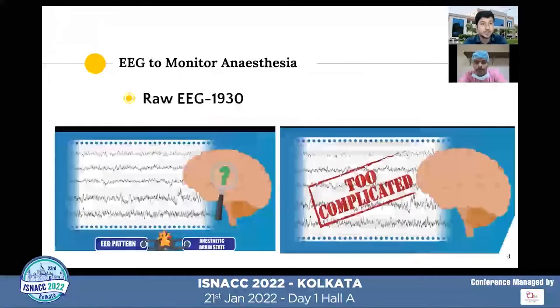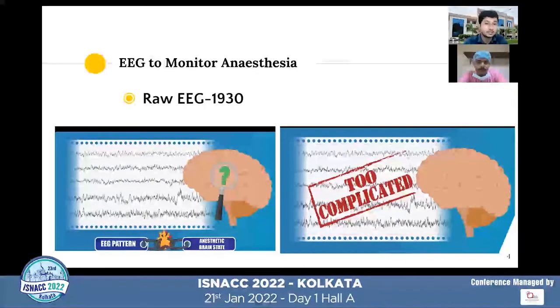So this table shows the target range of surgical anesthesia for various depth of anesthesia monitors, and we are familiar with all these numbers. Initially, in the early 1930s itself, they started using raw EEG to analyze the depth of anesthesia. Later they found out that it was too complicated because they were not able to find a relationship between the EEG pattern and the anesthetic brain state and the exact pathophysiological mechanisms. Many clinicians found it extremely complicated to analyze the EEG under anesthesia, and the raw EEG had so many external artifacts and external interferences. So the use of raw EEG for analyzing the depth of anesthesia gradually declined over the years.